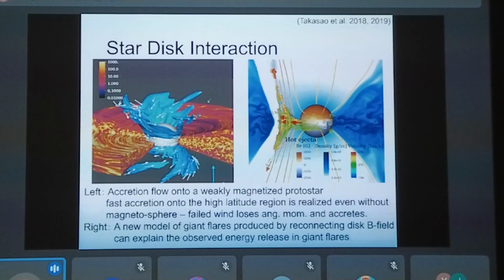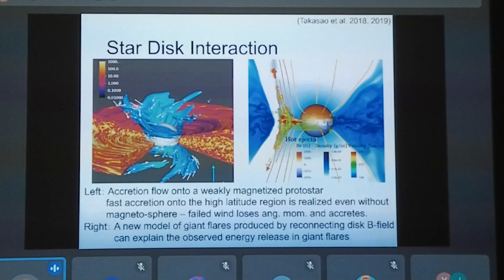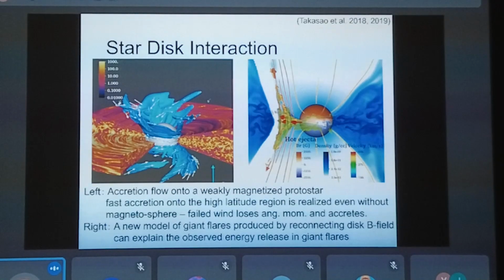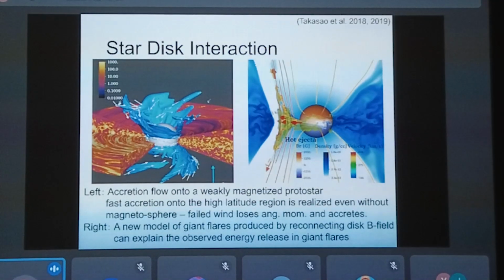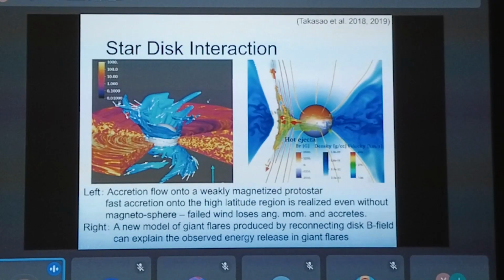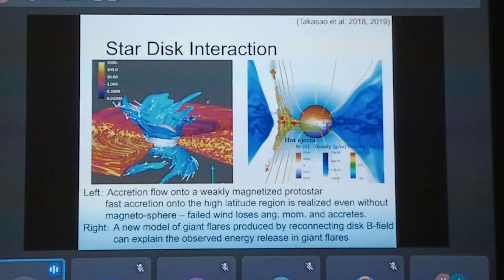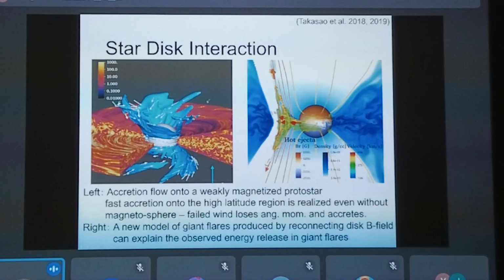a protostar can produce such a large energy, because to produce such a large flare, we need a very large energy reservoir. In this simulation, we found that a big reconnection can produce a strong flare, and this reconnection happens not on the surface of the star, but as an interaction between the stellar magnetic field and the disk magnetic field.